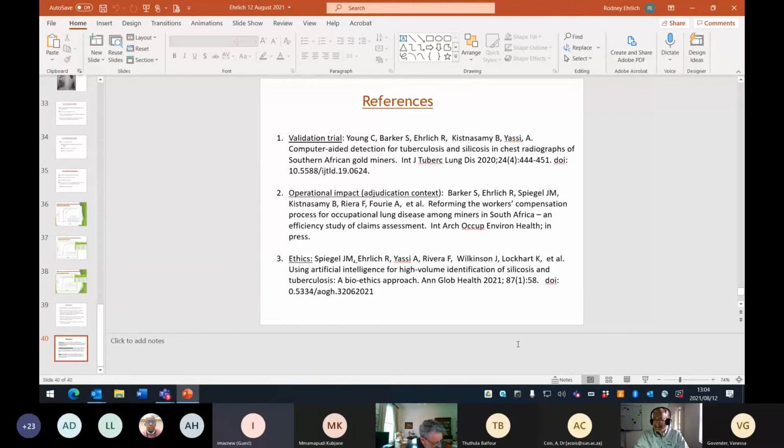So I wanted to say that I found the first part very interesting, and I've always wondered whether silicosis is in fact an intermediary variable between silica exposure and TB, or whether there's a completely independent relationship between silica exposure and both of those diseases. And it seems to me that your findings have come down on the latter, the second possibility or causal route, which I think is very good.